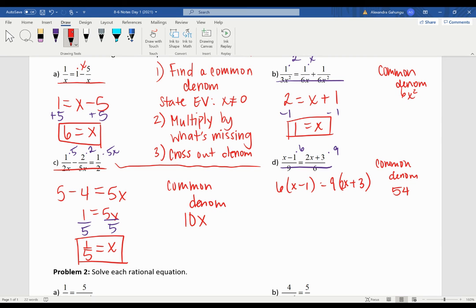And I distribute and solve, so I get 6x minus 6 is equal to 18x plus 27. And I subtract 6x. And I subtract 27. So it's 33. I don't like that. And then I'll get simplified fraction of 11